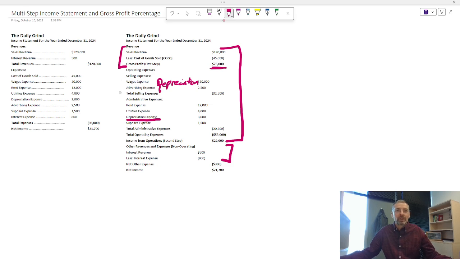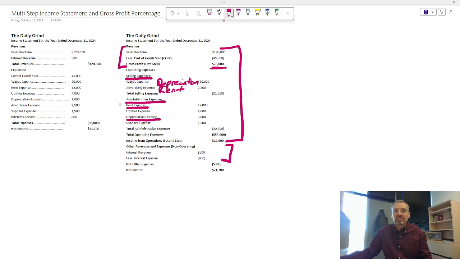We also might have rent up here if it has to do with renting out, for example, mall space. You can see we have rent expense under administrative. That would probably be for headquarters, where we have all of our executives and accountants and other analytical people that aren't engaged in selling our products. So you can see the theme here. Anything that we say has to do with selling belongs under selling expenses. And if it doesn't, we put it under administrative.